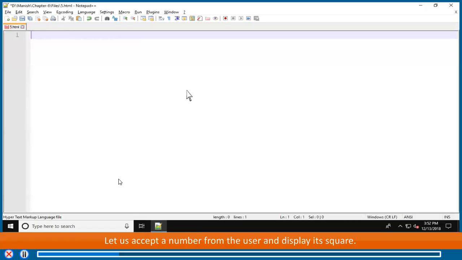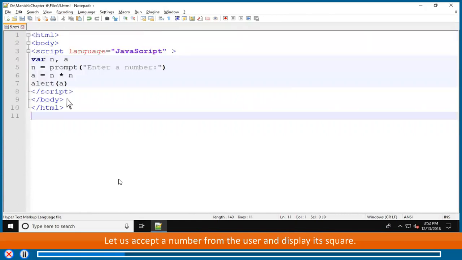Let us accept a number from the user and display its square. <html><body><script language="JavaScript"> var n, a; n = prompt("Enter a number:"); a = n * n; alert(a); </script></body></html>